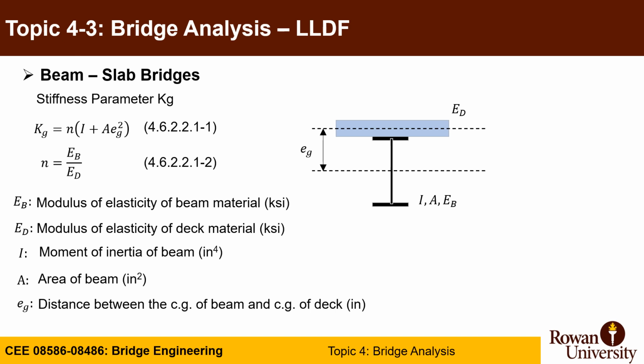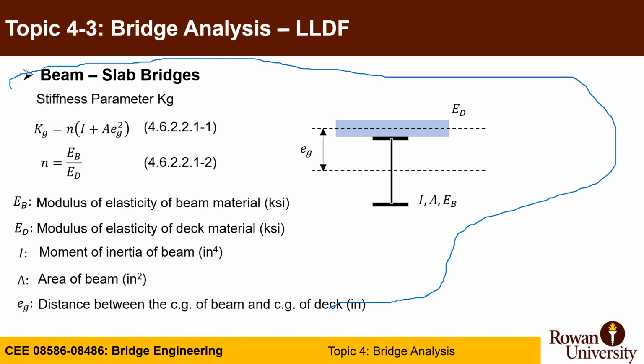You also need to calculate something called the stiffness parameter Kg. This is very important for later calculations. So the first method is the lever rule. It's super easy. It assumes hinges at the interior girder, and you take the moment around the hinges to get the reaction on the exterior girder. However, in order to use the simplified equation that I'm going to show later on, you have